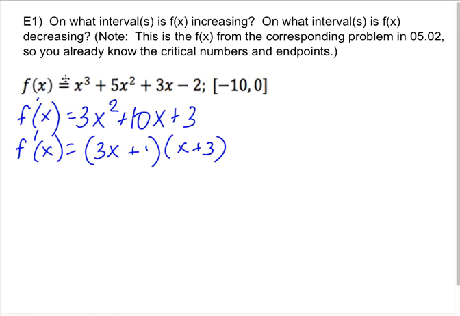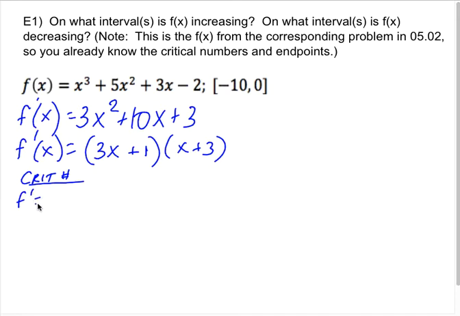So in this case, I found my f prime while I was talking to you just now. It is 3x squared plus 10x plus 3, and then I factored it into (3x plus 1) and then (x plus 3). So if I want my critical numbers, right, so my critical values or critical numbers are going to